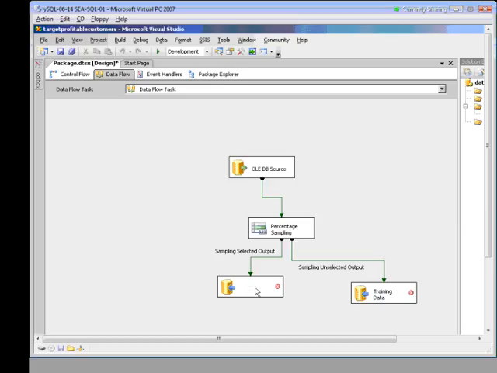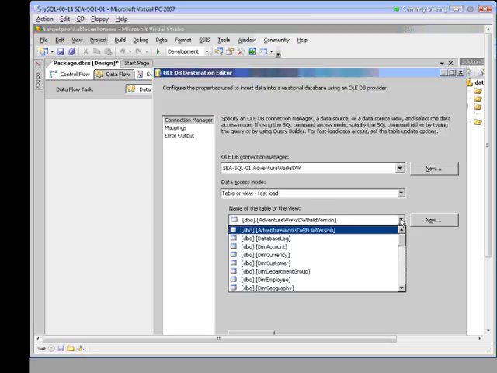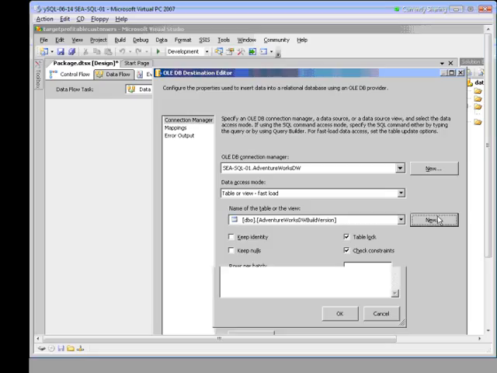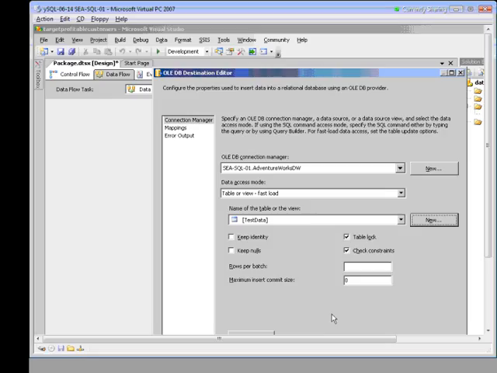And so let's go over to test data. We're going to go through and edit some things here, and I need to tell it the table name to work with. And so I'm going to work with AdventureWorks DW build version. That's good. And click on New, which will go out there. And notice this is going to create a table. So here's a very simple create table name. So it's going to go out there and build a new table for me based upon this output.